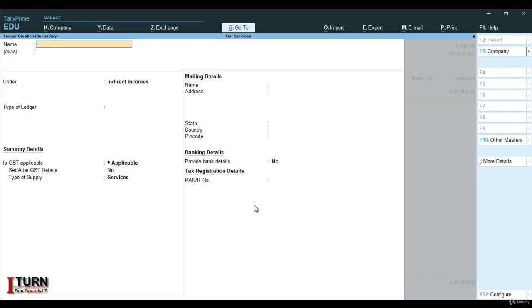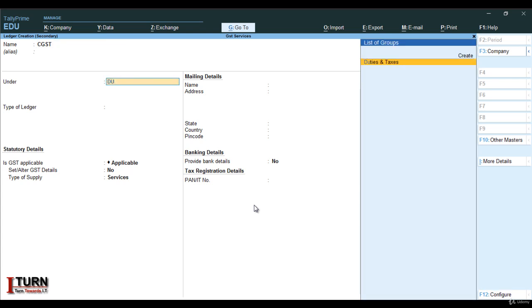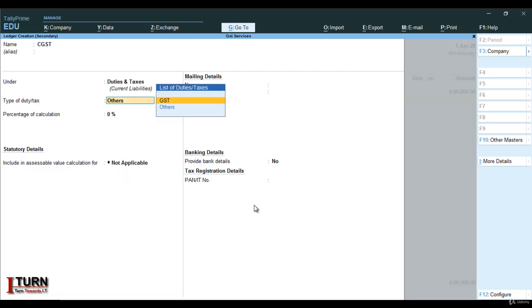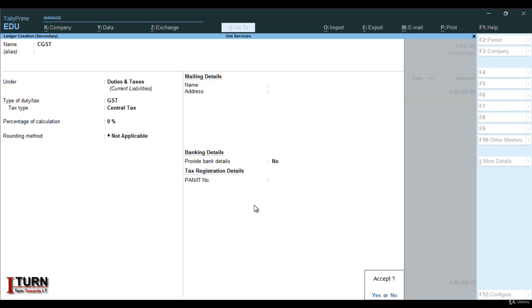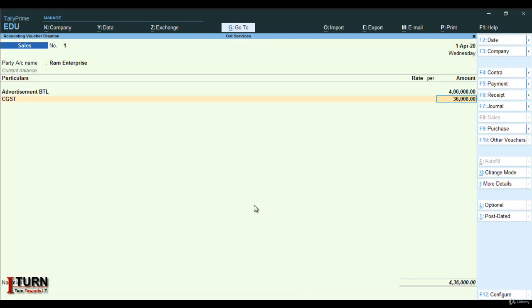So Alt C, and here I'm typing CGST. It's going to be under duties and taxes, GST, central tax, and here you will see on 4 lakh 9% CGST has been applied and